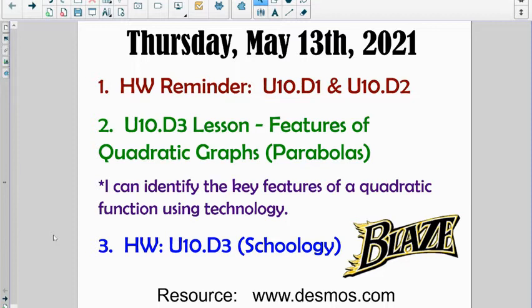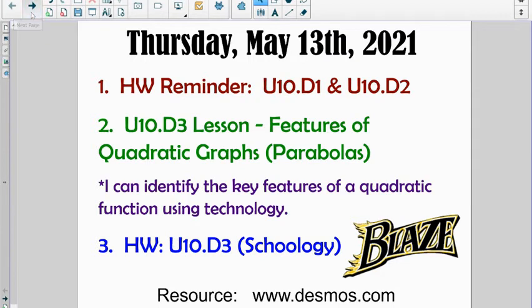Hi, today we're going to take a look at some quadratic graphs again, which we call parabolas, but we're really going to focus on the features of some of the things that we see on a parabola. So our learning target is I can identify the key features of a quadratic function using technology. The day 3 assignment in Schoology for you to take a look at, and we'll be using Desmos.com again as